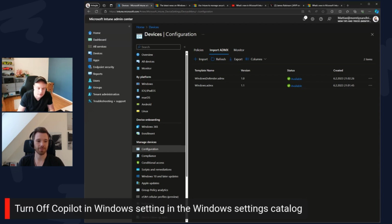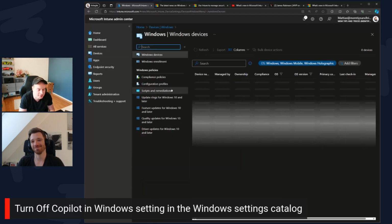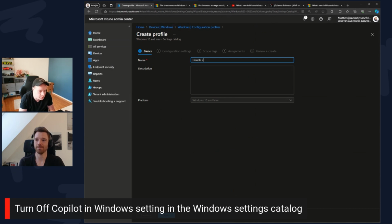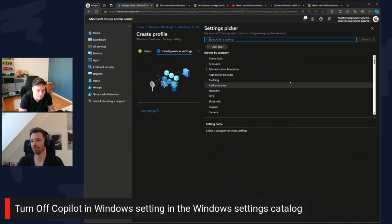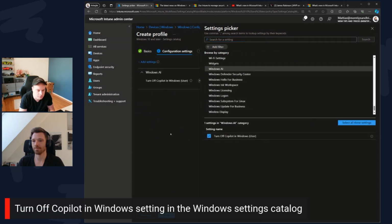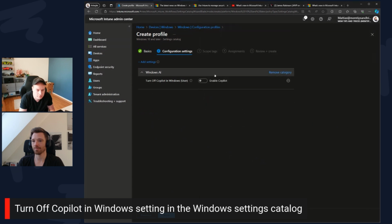Mm-hmm. And this is maybe a bit of a hot potato with all the Copilot going on right now and the announcement that came out last week. But you now also have the capability of turning it off specifically for Windows, that's the built-in Copilot in Windows 11 that was announced some time back. You could do it before with custom OMA-URI, but now it's simply available in the settings catalog for you to perform a controllable rollout and usage within the organization instead of just boom, it's